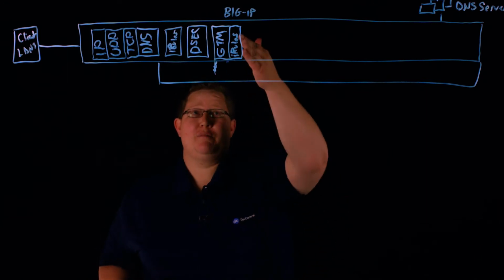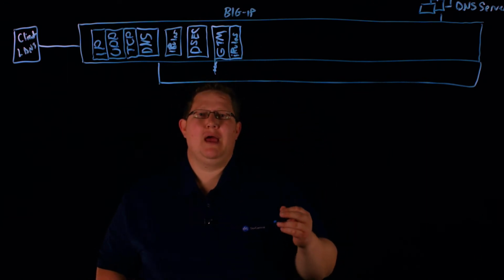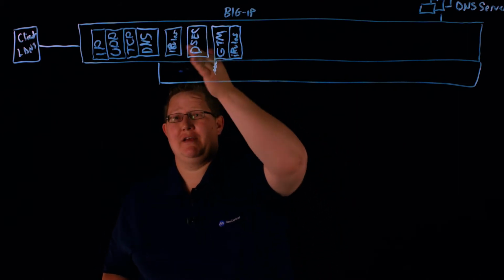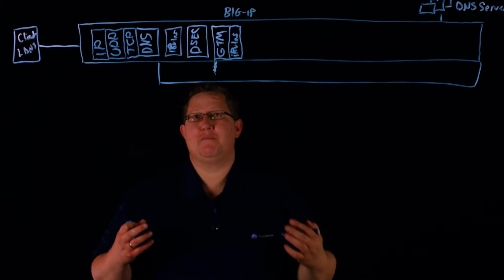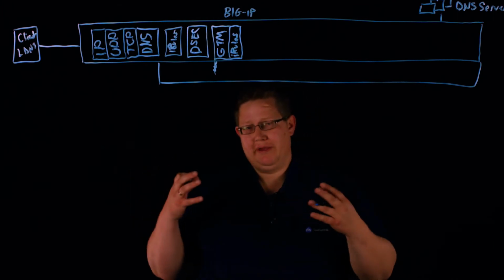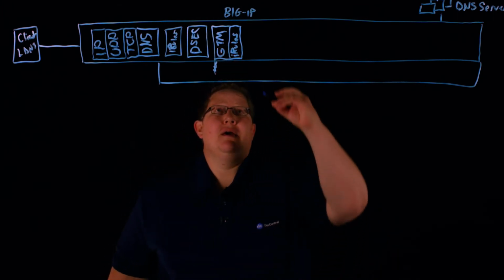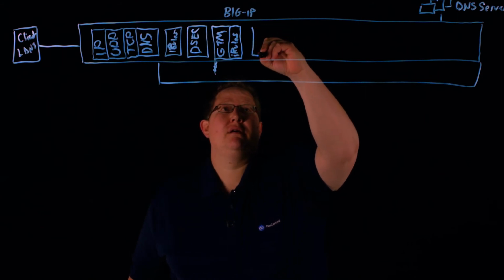Data groups are not supported in GTM iRules, and there's some availability information related to GTM pools that is not available to LTM iRules. So you might have different purposes for using both or one or the other. But that's where GTM iRules are established. And then after that comes